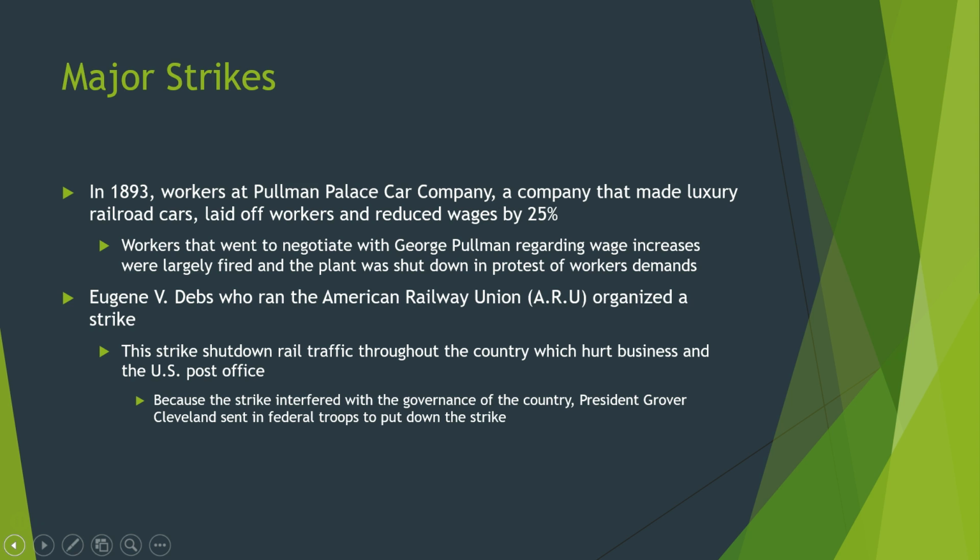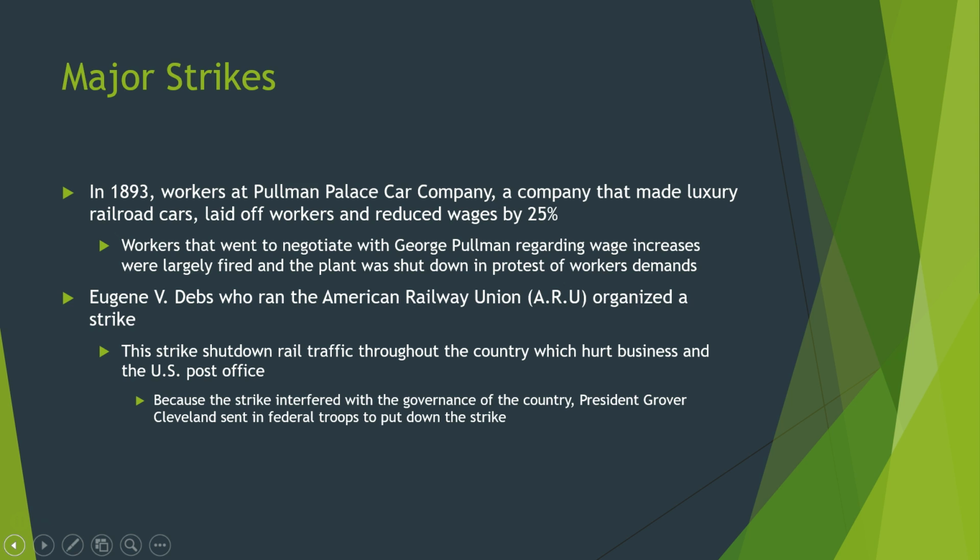Post Office. Now, here's where the thing came in. Most of the time, the government really stayed out of these strikes because they didn't want to set a precedent as far as what their involvement should be. But because this strike hurt what was going on within the railroad, hurt what was going on with the postal service, and it prevented mail from being delivered all around the country, this becomes a federal issue. And it really is breaking federal law because you're not allowed to impede the movement of mail within the United